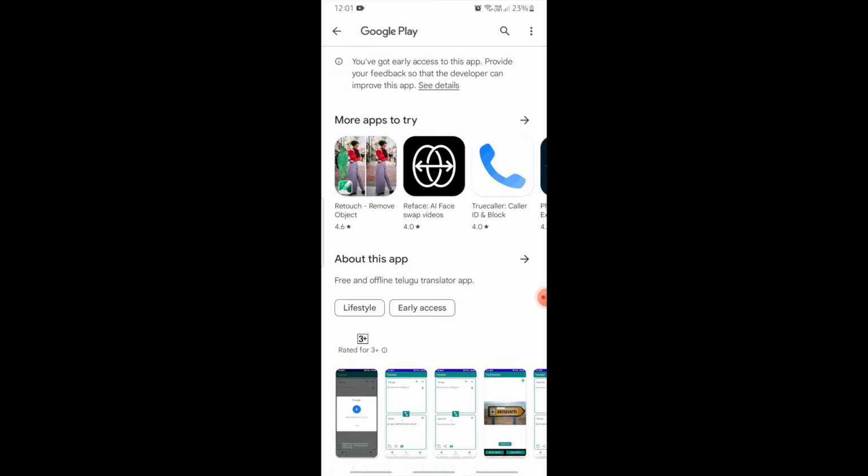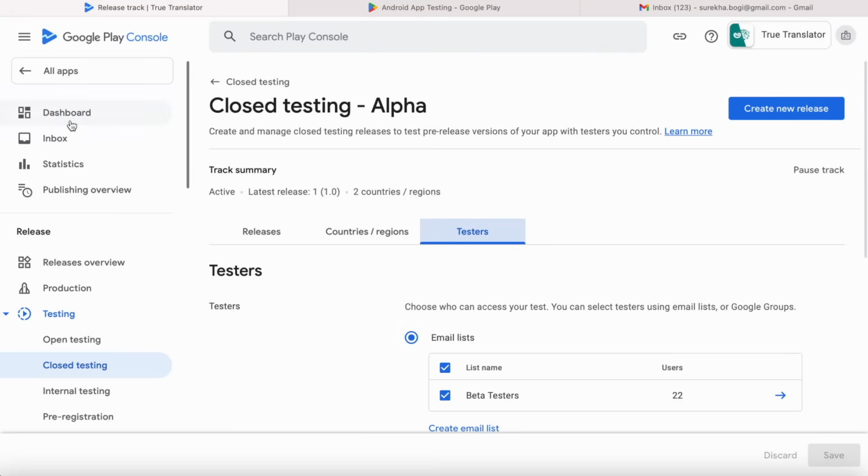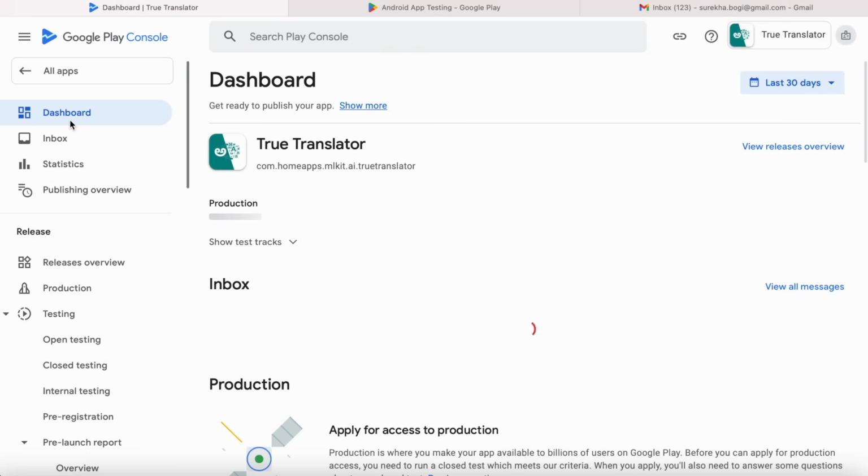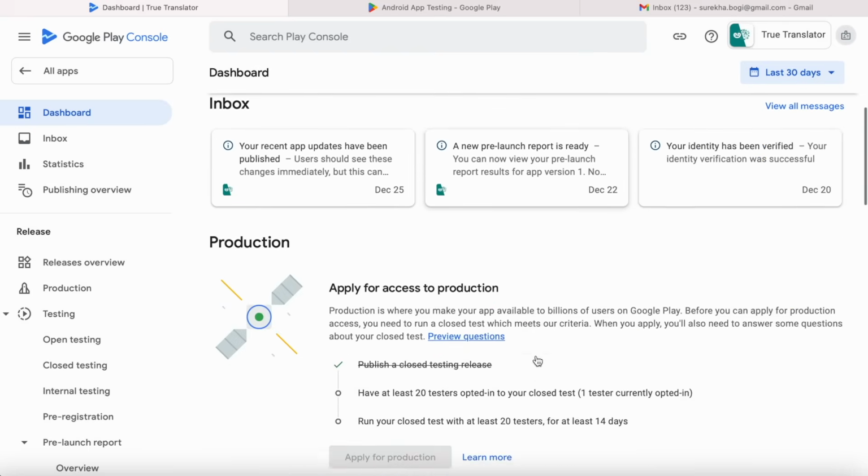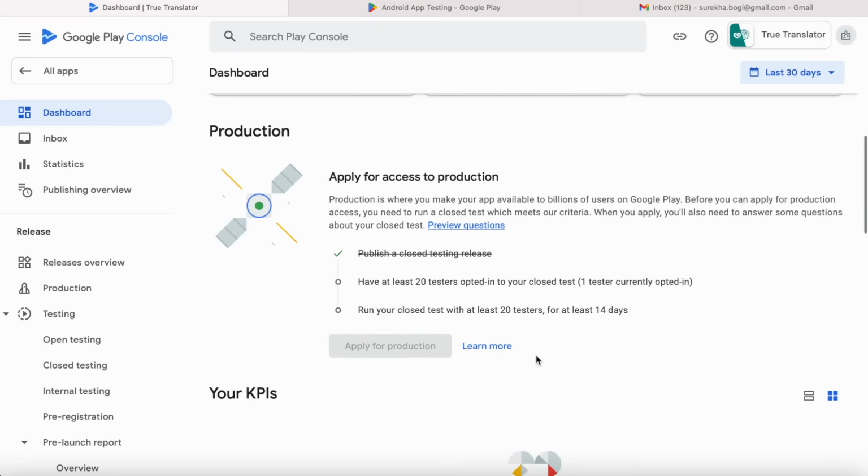Okay, now come back to your Google Play console account. Go to your app's dashboard. See, the first task has completed because the app was released to close testing after review. Now the next task is have at least 20 testers opted in to your close test. Here you can see the count, how many are opted in, means how many of your testers have installed your app. Currently I am the only one who has installed